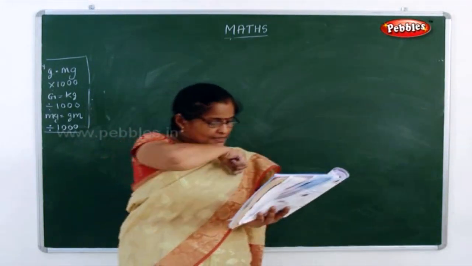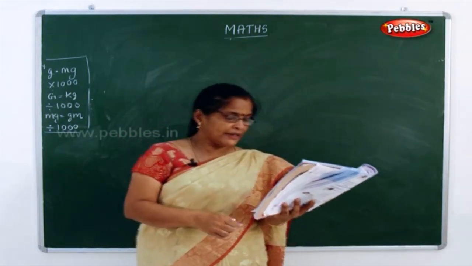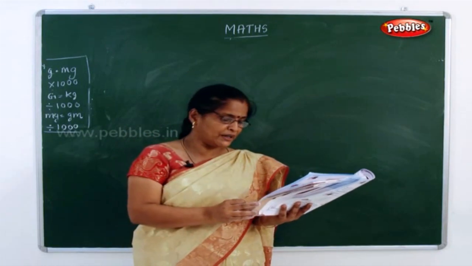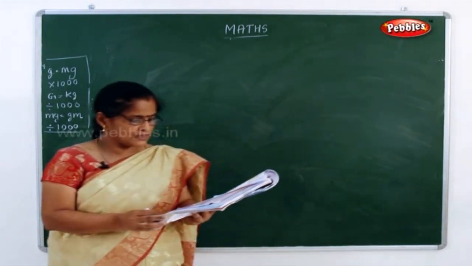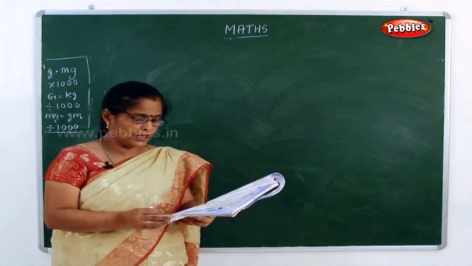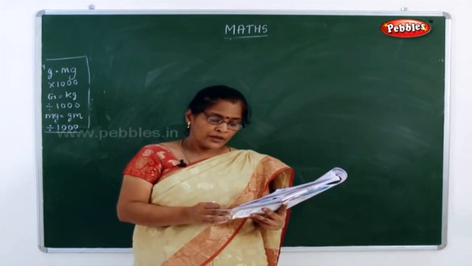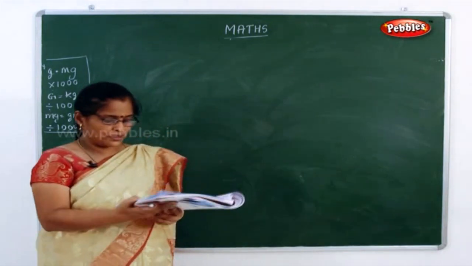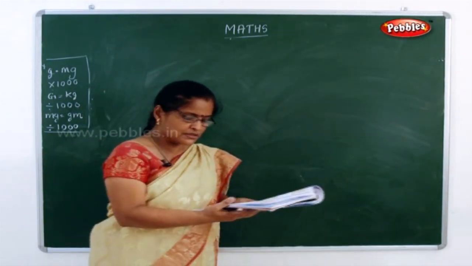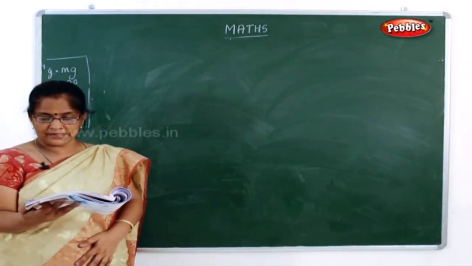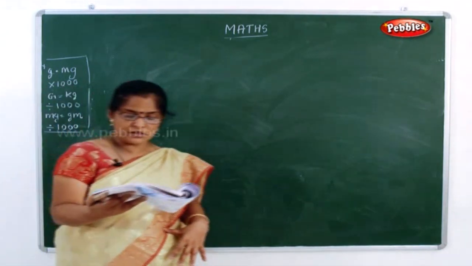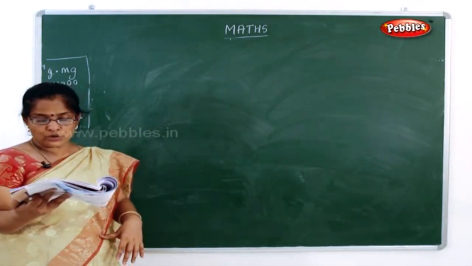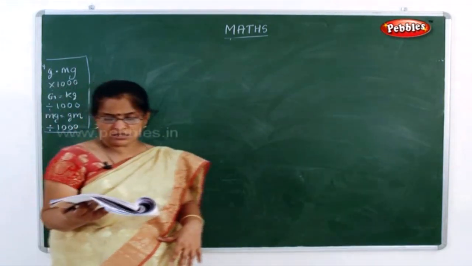See, in your exercise it is given that the weight of a gas cylinder is 16 kilogram and 500 gram. A particular house needs 7 cylinders per year. So what is the weight of the gas cylinder? It is 16 kilogram and 500 gram. A particular house needs 7 cylinders per year. So what is the total weight of the gas used in a year?